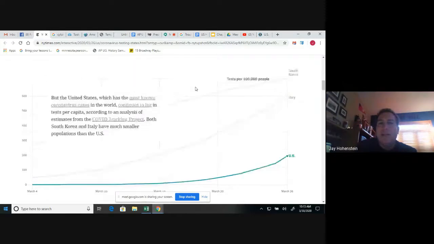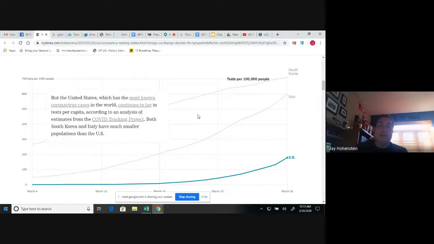And so if you take a look at this chart per capita, which means per person, if you think about tests per 100,000 people, South Korea has done about 700 tests per 100,000 inside their country. Ours is far beneath that. And so the dilemma that we have is we don't have much testing done. We have the assumption that coronavirus has worked its way around to different parts of the country. We're assuming that some people have gotten it and not even realized it and thought that they had like a bad cold or a flu.